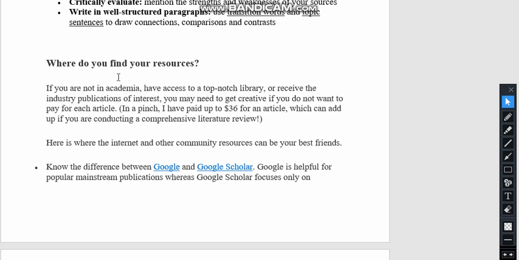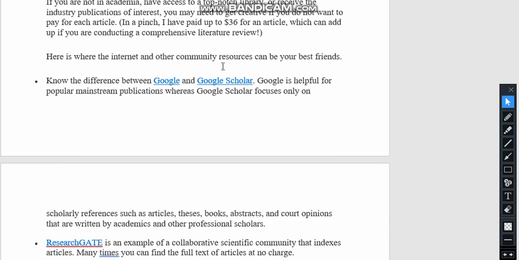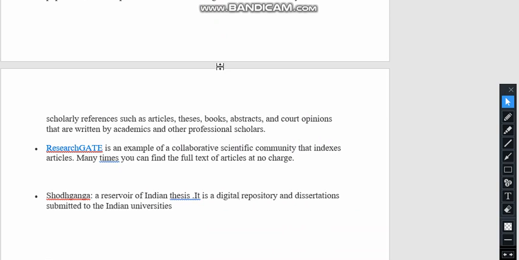Now, there are different sources through which the literature survey can be done easily, like using Google Scholar. You can find the publications or research papers of different authors. ResearchGate is an example of a collaborative scientific community that indexes articles.